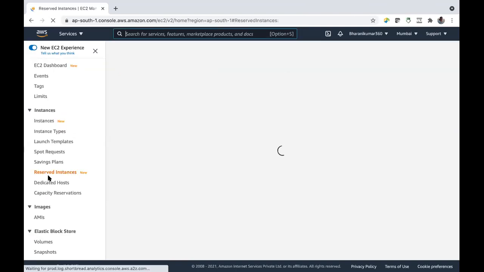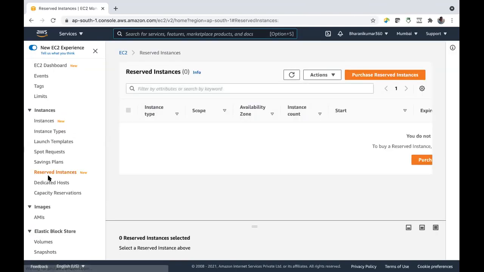If you are running your instance for a very long period of time on AWS, then you can opt for reservation and get it at cheaper prices. Instead of paying on a monthly basis, you'll pay upfront. Then AWS says they will provide you around 70% discount compared with the on-demand pricing model.